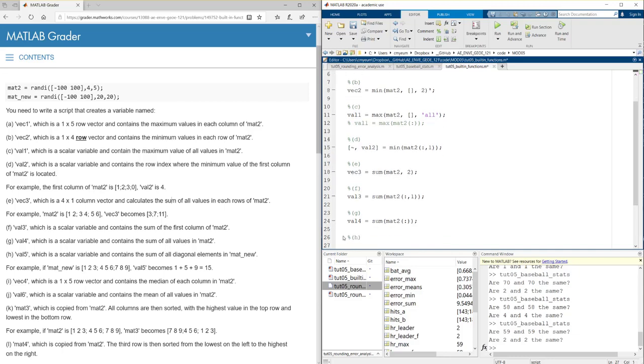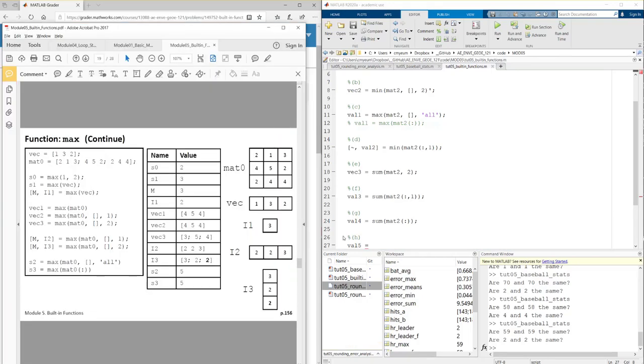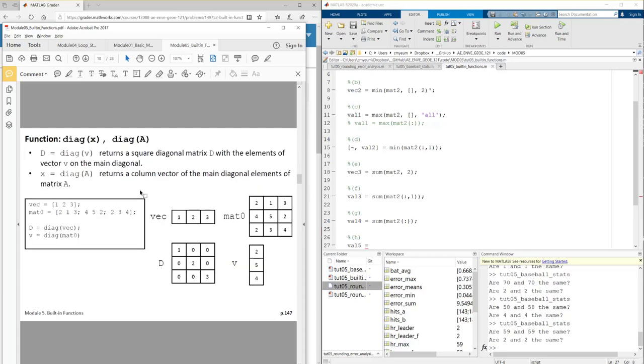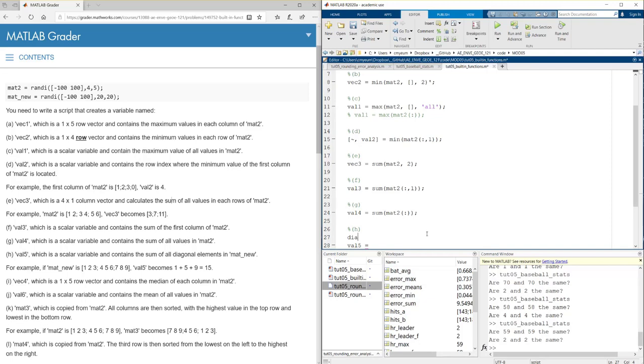Okay, H is the value 5. It's going to contain the sum of all the diagonal elements. Okay, how to read the diagonal elements? We need to use the diag, diagonal built-in function, right? This one, right? If you put the matrix here, it returns a column vector of the main diagonal elements of the input matrix, right? So maybe diagonal of mat2, right? So sum diagonal, okay, like this. Or you can just simply put this function directly inside the sum function, like this. Okay,